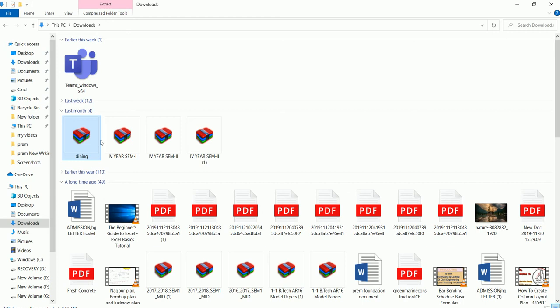My main motto is to tell you that if you download from my description box, you will get this WinRAR file. From that you need to extract the furniture like cooktops, dining, statue, everything, as I already explained in my previous class.